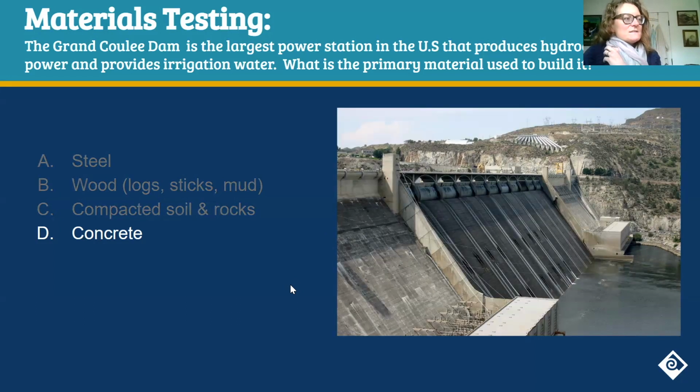And the answer is D, concrete. So concrete has been a pretty major technological advance in the construction industry. And you'll learn a lot about how to do compaction and shear and compression testing to break the concrete. And that'll give you a data point of how much force it can resist before it fails. And so that's a really pretty fun way to ensure that you have stable and well mixed and well poured concrete.